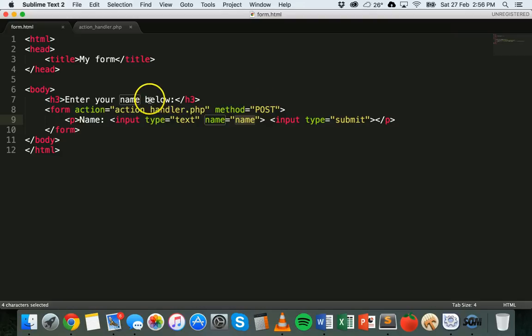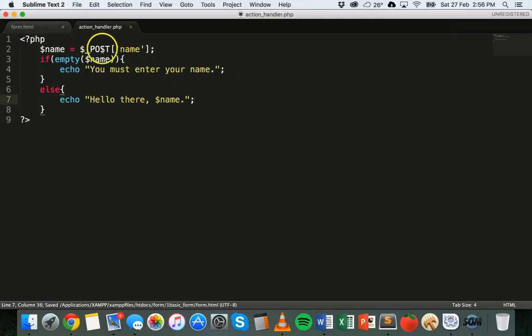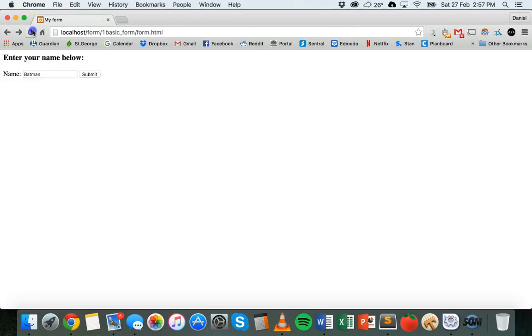If we go back to the HTML and change method from post to get, save that, and we go to the PHP code and we change the post method here to get, what will happen now is instead of the data being sent behind the scenes in the body of the post request, it's going to be sent here in the URL. So if I type in Batman, click on submit, it does the same thing here, but what we see up here in the address is